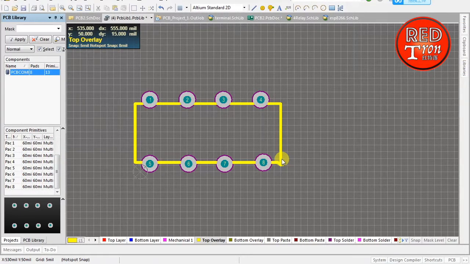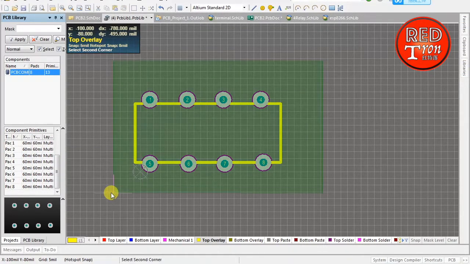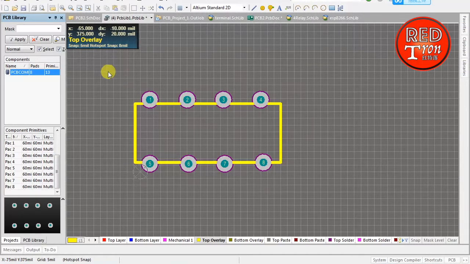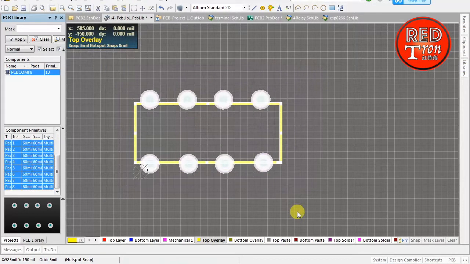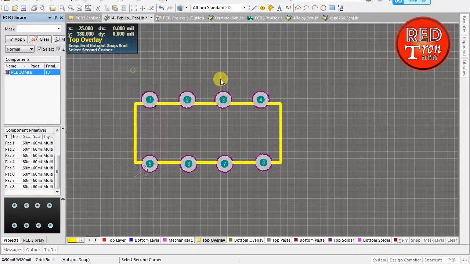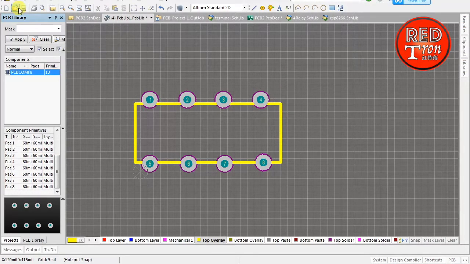So for example, this is our PCB footprint. Imagine that this is the exact appearance of your IC, with the exact pin distance and everything working correctly. Just imagine that this was the one. So now go ahead and save it,